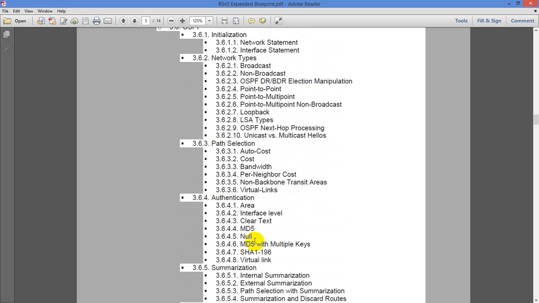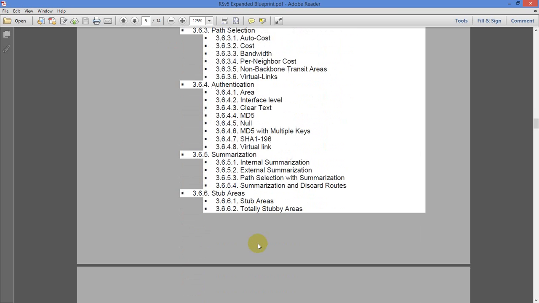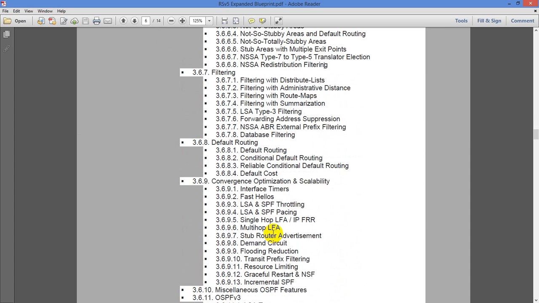So knowing how that works is definitely going to be a key factor, and I have a feeling that some of these other features down here, we've covered most of them. We haven't covered single hop LFA. Actually, what I have to do is go back in and do a